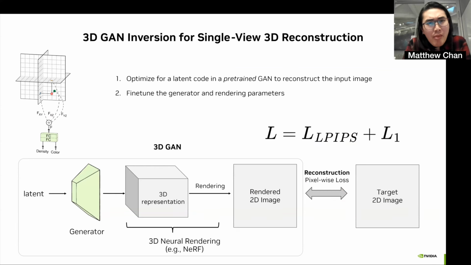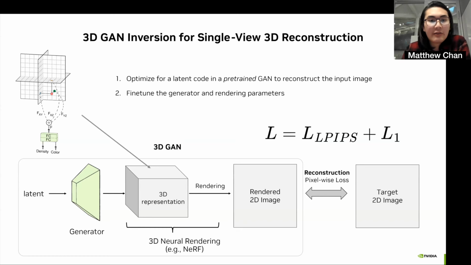So, an obvious place to start with this problem is GAN inversion. What is GAN inversion? I spent the last 30 minutes now talking about how we could use these generators, these screen boxes on the left, to create 3D humans. And so these models implicitly understand what is a 3D human. What that means is that we can then iteratively run inference on these GANs in order to acquire a 3D human, which looks like the 2D target image when we render it for a certain view using a two-stage process.